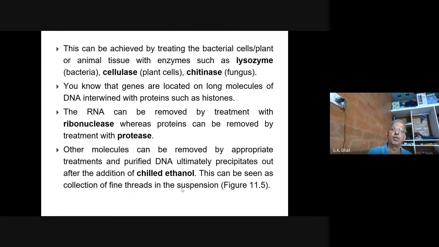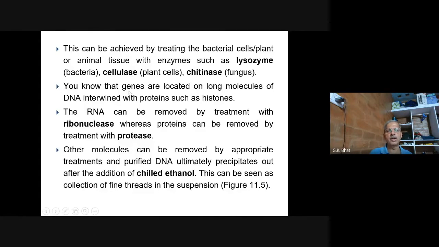What it does when you treat bacteria with lysozyme, it dissolves whatever the bacteria possesses. Cellulase dissolves cellulose. Chitinase dissolves chitin. So in this way, we are using these different enzymes to dissolve all these products that are found around the